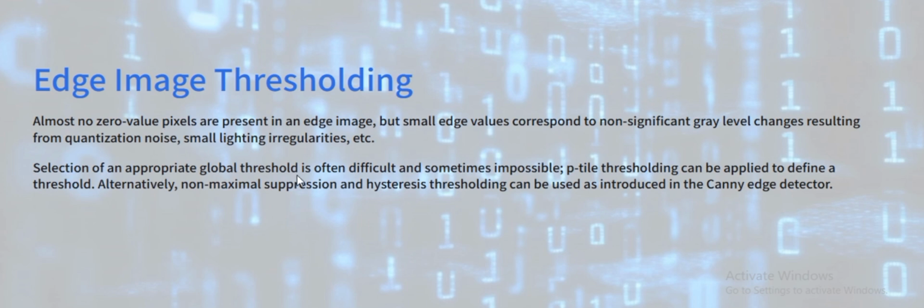Selection of an appropriate global threshold is often difficult and sometimes impossible. P-tile thresholding can be applied to define a threshold. Alternatively, non-maximal suppression and hysteresis thresholding can be used as in the Canny edge detector. In edge image thresholding, finding a threshold value is really very difficult, and sometimes it is even impossible. In those cases, we can use p-tile thresholding as we discussed in the last session, or we can use the Canny edge detector or hysteresis thresholding. So, these are some of the methods we can use for finding the exact threshold needed for determining the